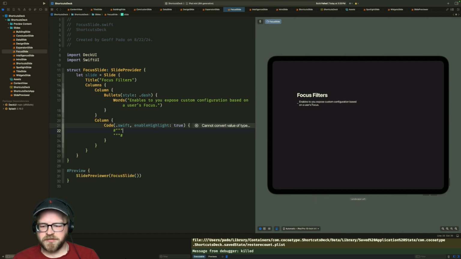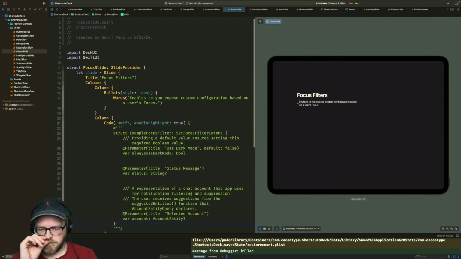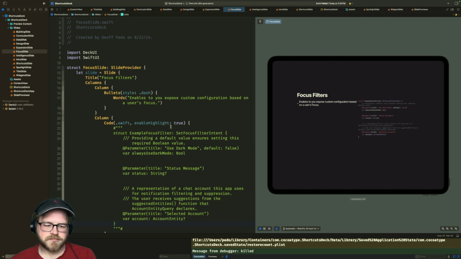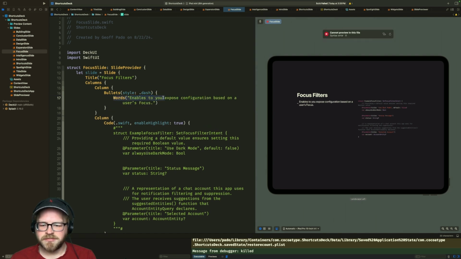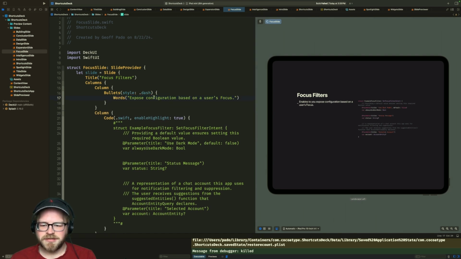Xcode would be nice if you understood how your own Swift code worked. Enables you to expose configuration based on a user's focus. Well, we just exposes configuration based on a user's focus. Okay.